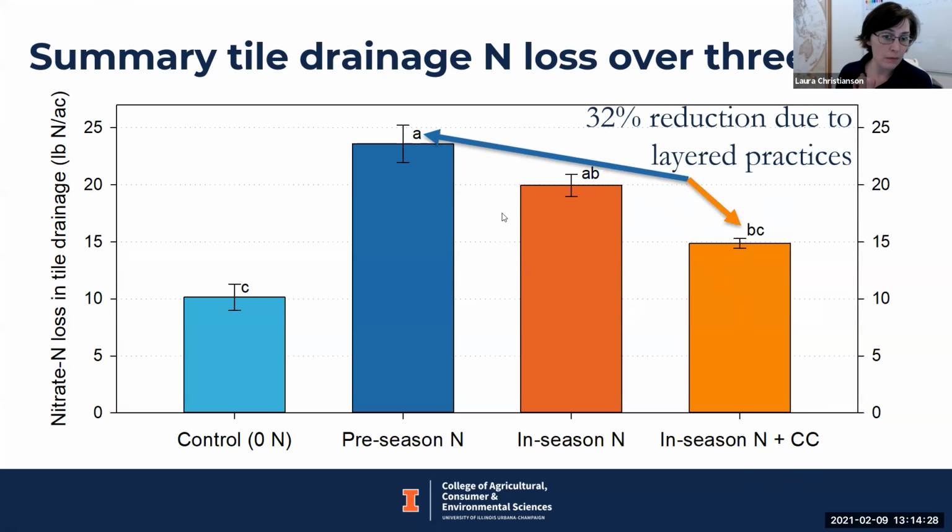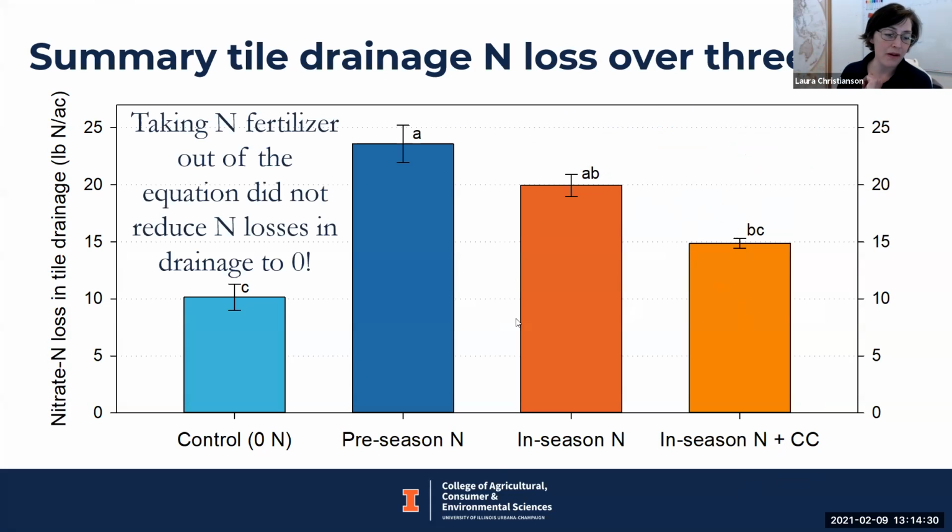One additional note I want to point out about this graph, coming back to our control treatment. Remember, we applied 0 nitrogen fertilizer. We did not apply any nitrogen fertilizer to these 4 plots over the 3 years. And we still lost nitrogen through the tile drains. And so this is important because the nitrogen we were losing through the tile drains, that was coming from the